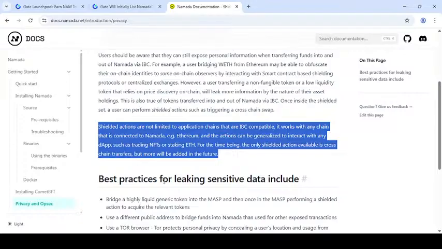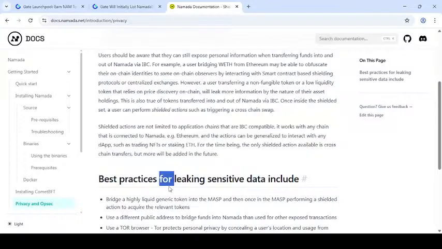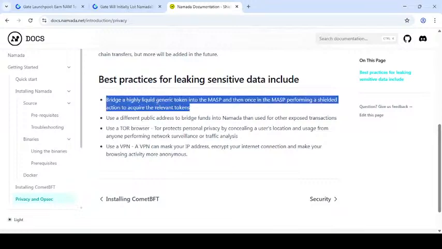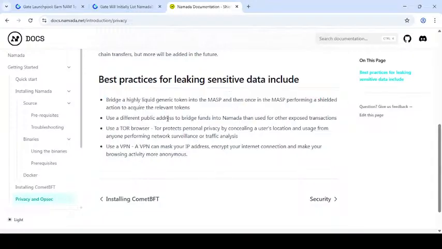Cross-chain transfers, but more will be added in future, including generic tokens, and we need Namada's export transportation.